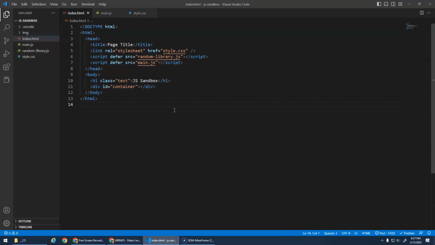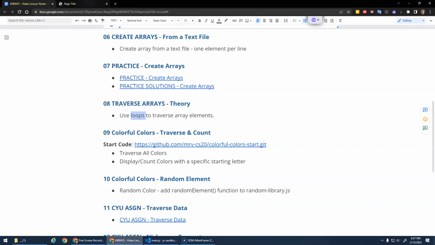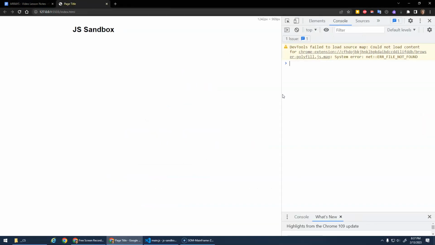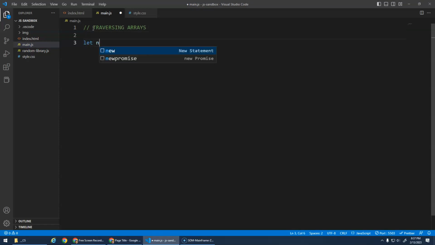So I just have this simple JavaScript sandbox open here, and it's open right here with my console there. And we're just going to start with, we'll play around with traversing arrays. So let's start by creating an array. I'm going to go names, and I'm going to do my siblings' names. Rita, Henry, Carl, Joan,